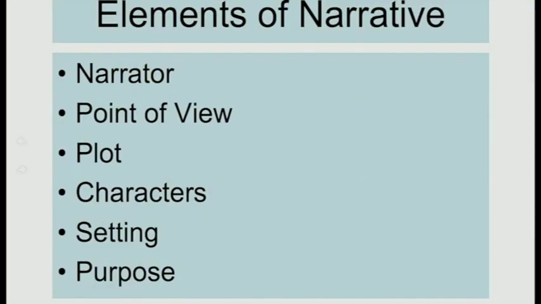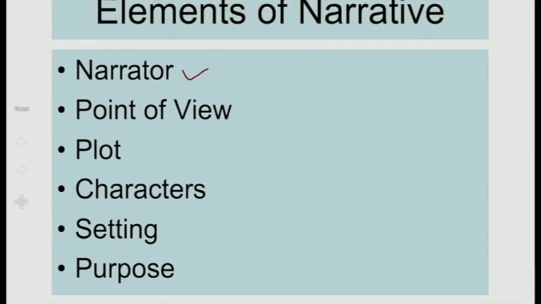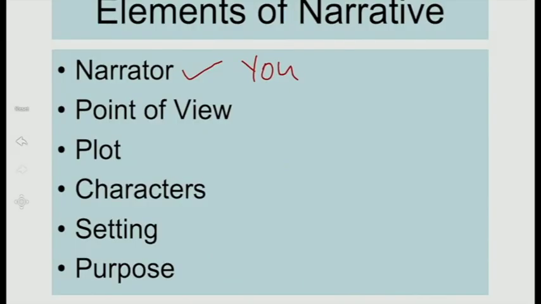So right now, here are the elements, therefore, of a narrative. In a narrative essay or a narrative composition, we're going to have these following elements in that narrative. So in the narrative, we are going to have a narrator. A narrator, basically, is the person who tells the story. And in this case, you are the narrator. So in this case, it is you, and you are going to use I, that is for yourself. And then from a certain point of view,